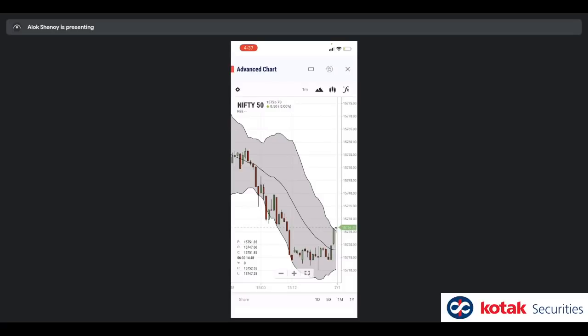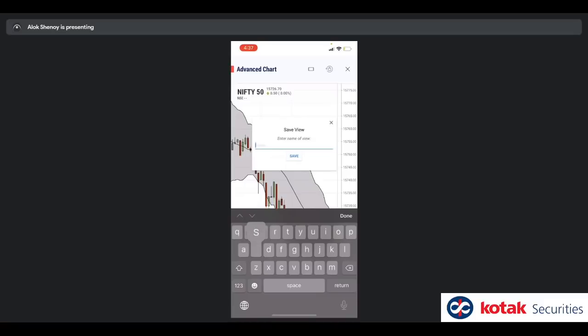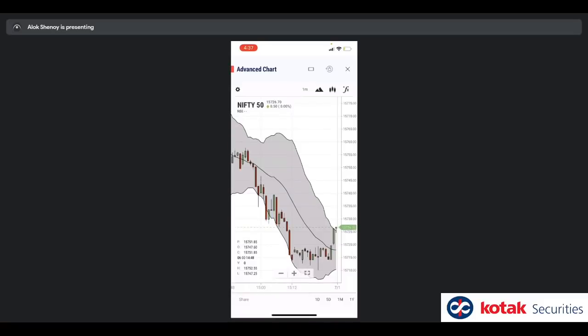When you're seeing this, you've selected a certain study, but if you want it to appear on every future chart that you open, you have the option to click on this mountain icon, click the plus, and call it saved, or whatever you want to name it. आपने नाम दे दिया वहाँ पे, and that has now gotten saved here as saved. And we can revisit that whenever we go to another script.